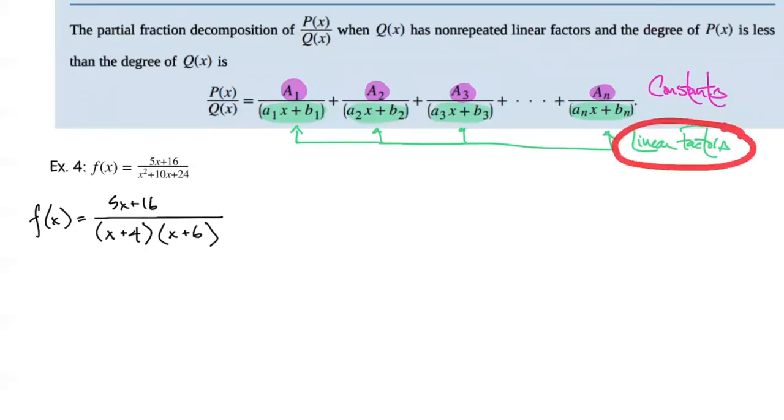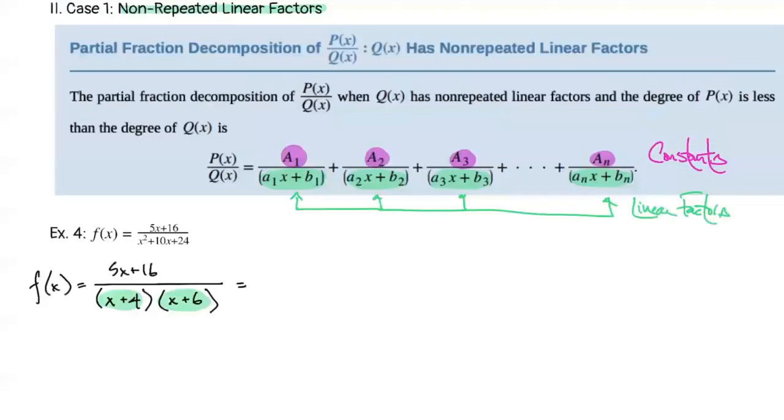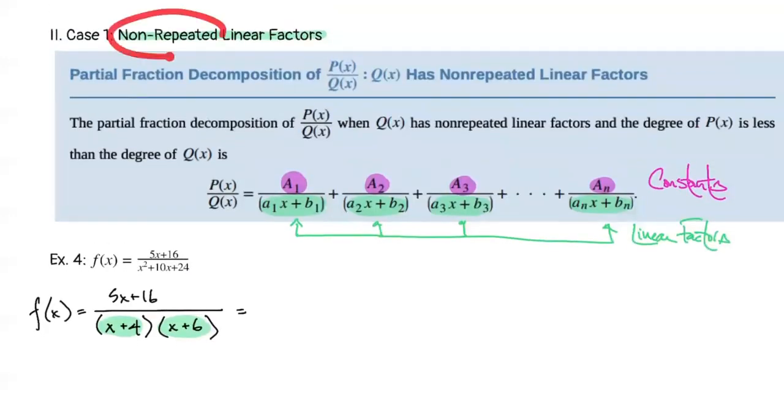Are they linear or are they not? In this case, we have x plus 4, that's linear, and we have x plus 6, and that's linear. Since they are both linear, and they're not repeated, meaning x plus 4 is different from x plus 6,